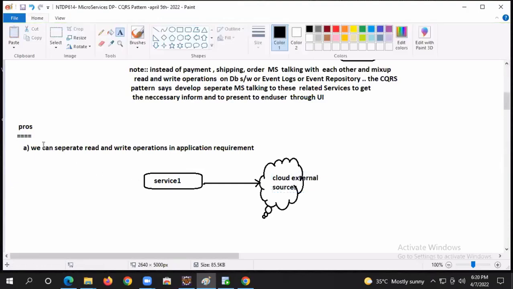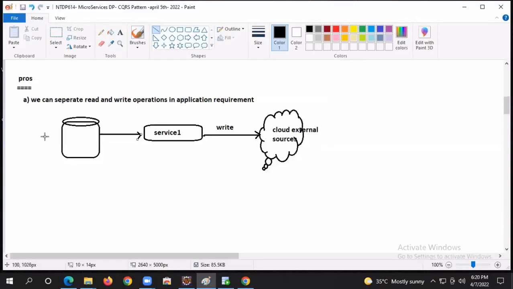Right, boss? Okay. It has to write, which means it has to collect data from somewhere, guys. Let us assume here is the database. It collects the data from this database and writes to external source. Okay, boss. Now, interesting thing is,